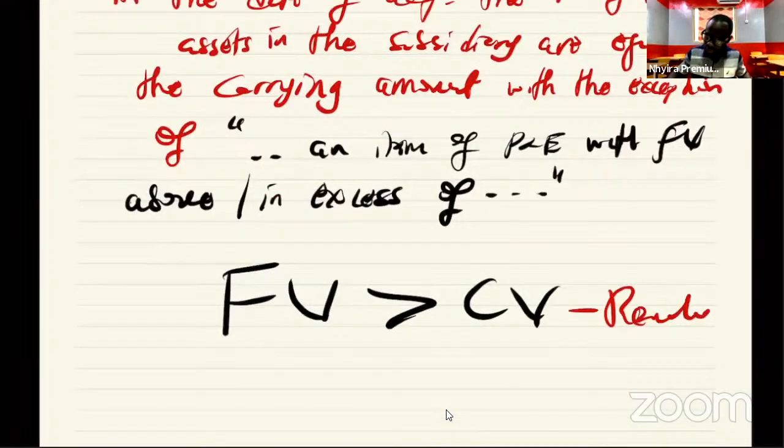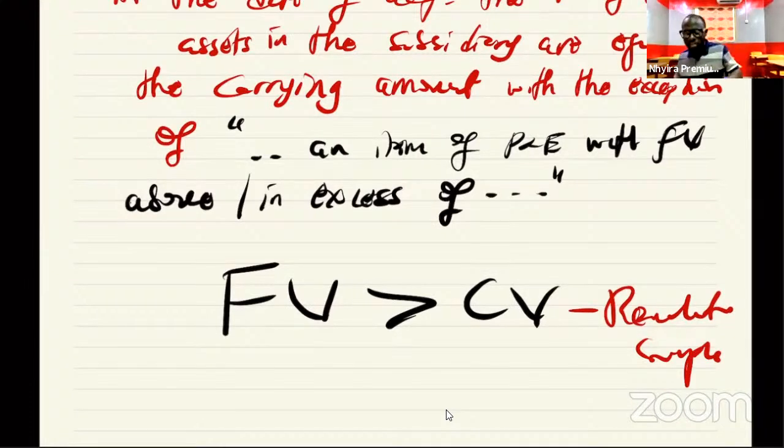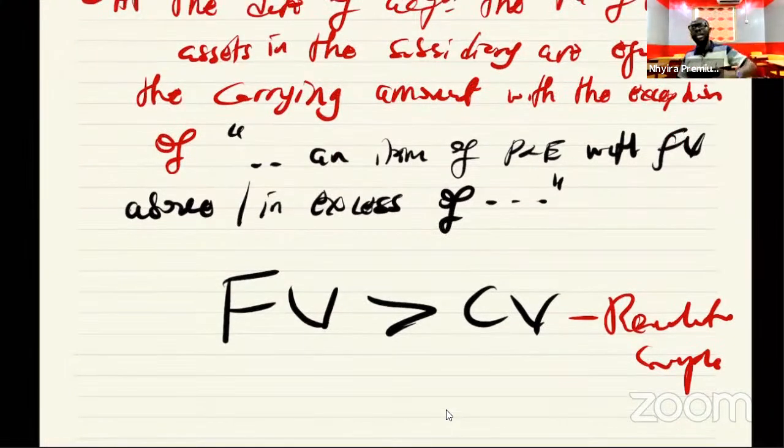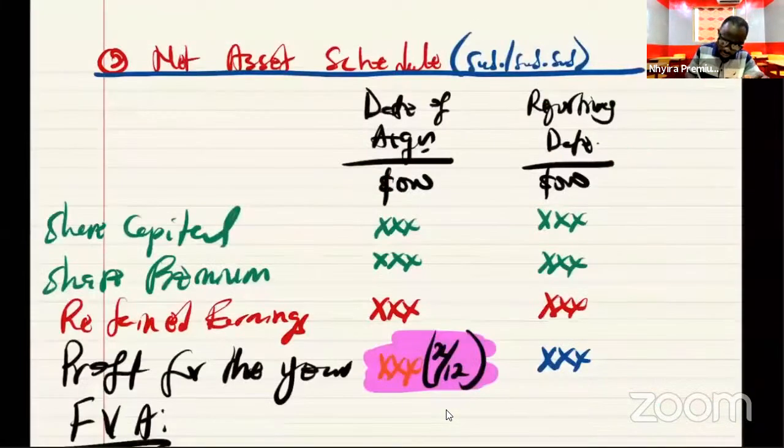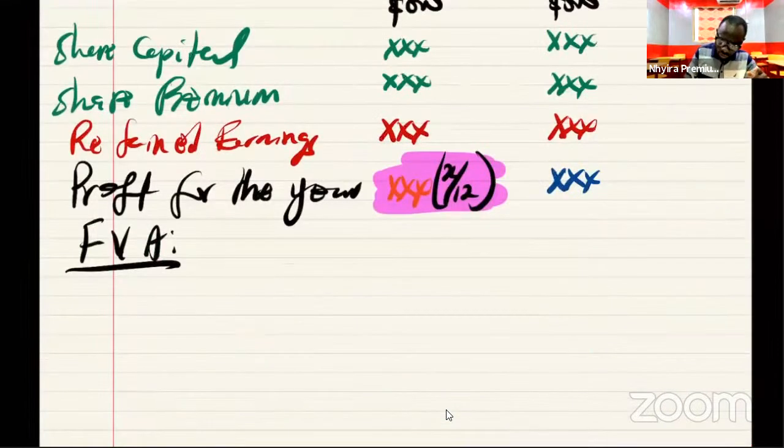A revaluation surplus. But that's not what we are looking at here. We are not looking at revaluation surplus, revaluation gain. But all we are saying here is that if they say above, it has to be adjusted in the net asset schedule. So fair value adjustment, we could have an asset